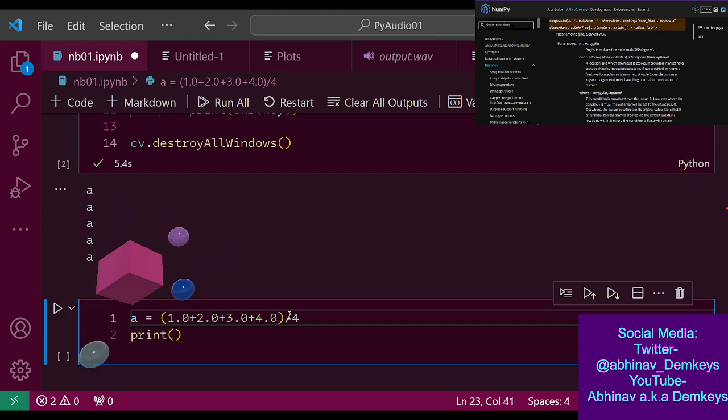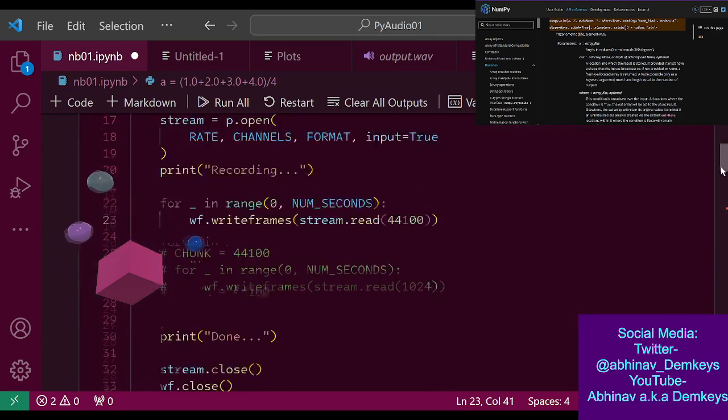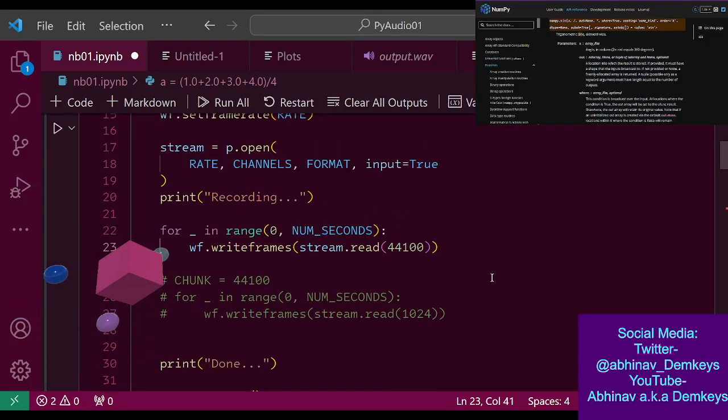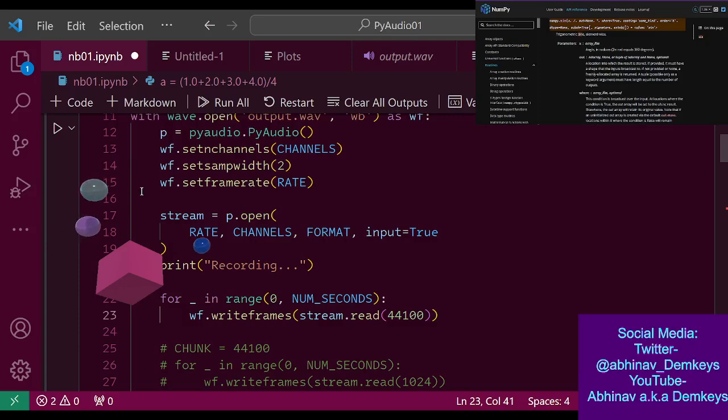But either way, I do need to, wait, no. I think the amplitude is those values, because I read the values for each of them. Where was it? Here, I believe. I have the wave file open, right?